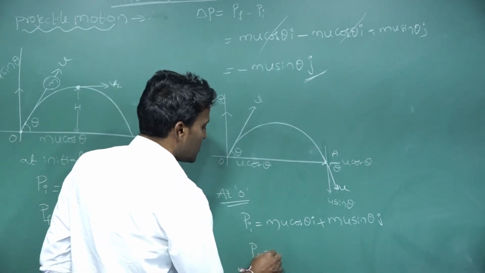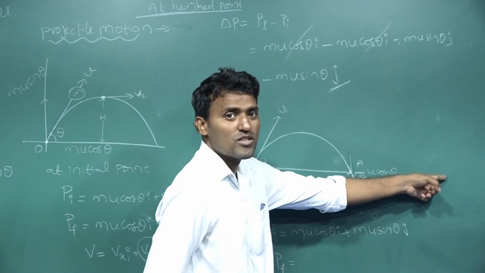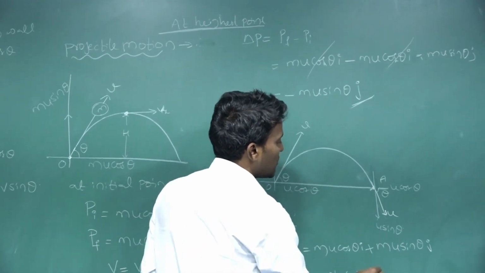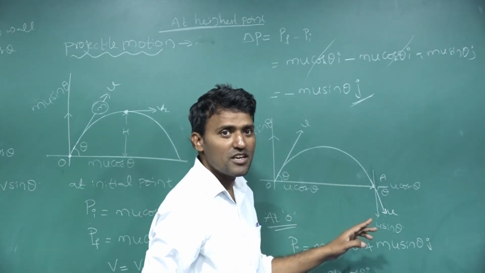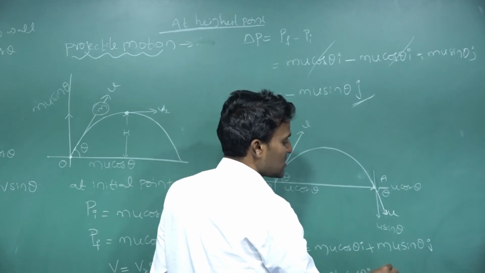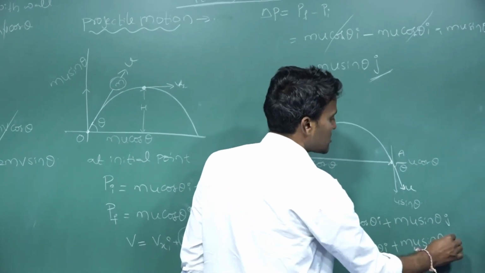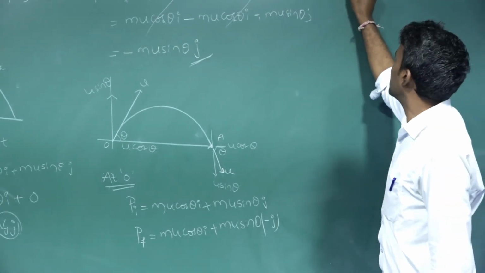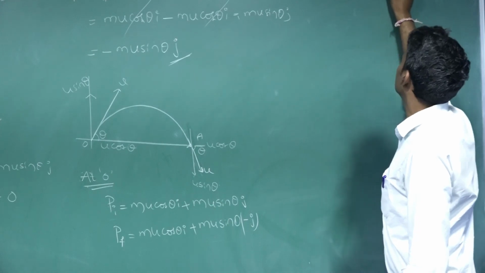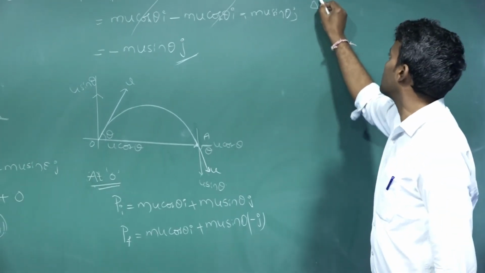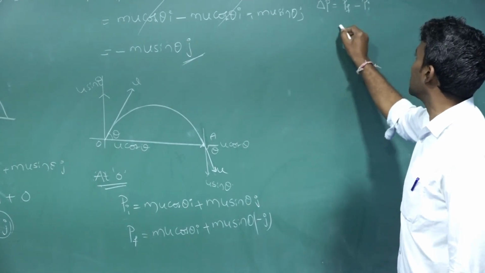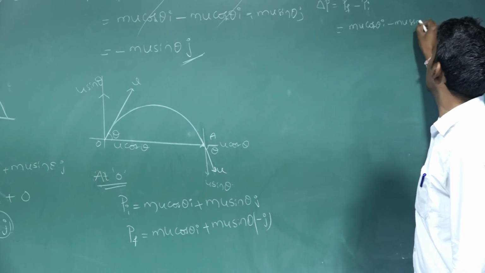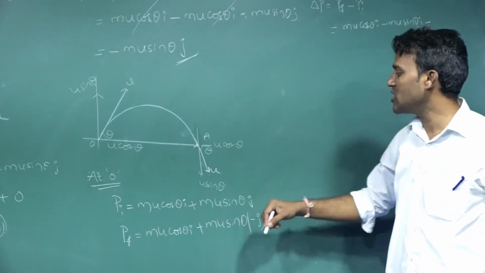Okay, next, final momentum I am writing. u cos theta is along the positive x direction, so mass into velocity is mu cos theta i. Next, u sin theta in the vertical direction is along the negative y-axis, so we can write it as minus mu sin theta j. So final momentum is equal to mu cos theta i minus mu sin theta j. So change in momentum is equal to final momentum minus initial momentum. Final momentum is mu cos theta i minus mu sin theta j, minus initial momentum, which is equal to mu cos theta